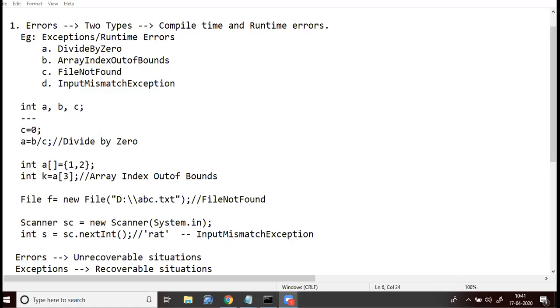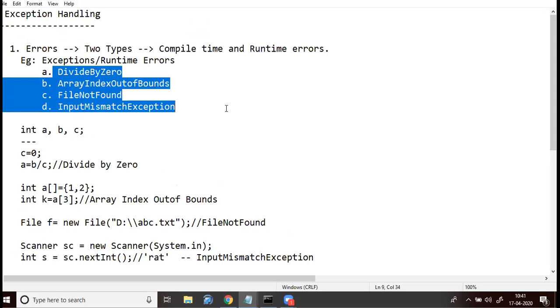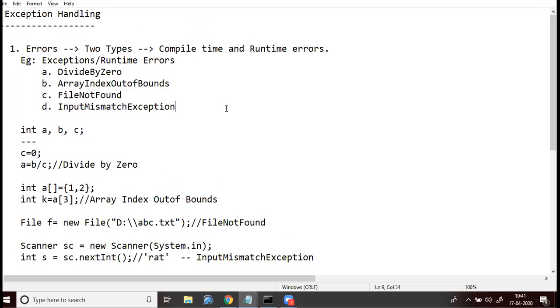Exceptions are also called runtime errors. In which we have 4 categories here, but not only these 4, there are many categories. I gave only some examples. Divide by 0 is an error we get when a number is divided by 0; mathematically we get infinity, but in programming, while executing, we get an error called divide by 0.